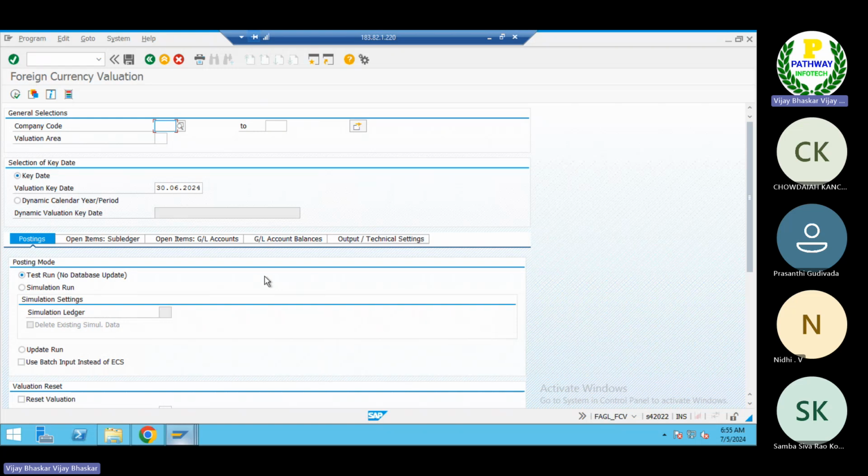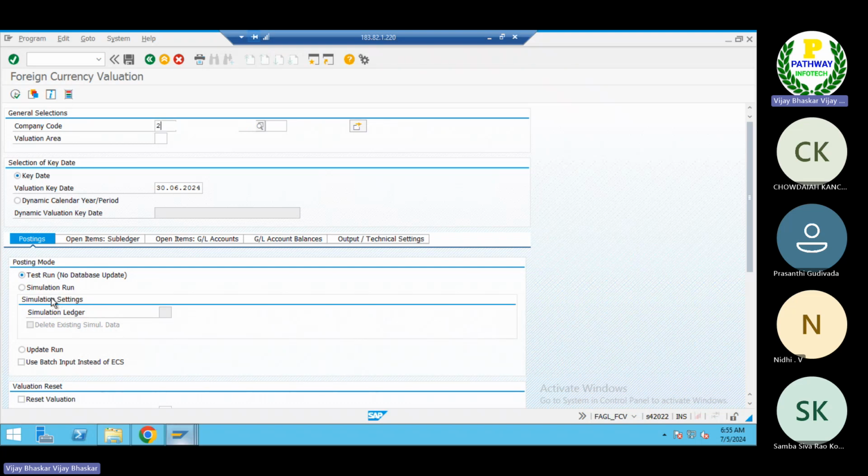But you also need to understand here what is the change point as compared with the ECC system. Now you can see here the simulation run. This is a separate concept which has been introduced in S4 HANA. There is a simulation ledger, a different concept. I do not want to mix up both things, because if I start explaining this one, you people will get confused. So I do not want to touch this at this moment. But going forward, I will explain what the simulation ledger means and how it is going to work. Okay, remember that one.